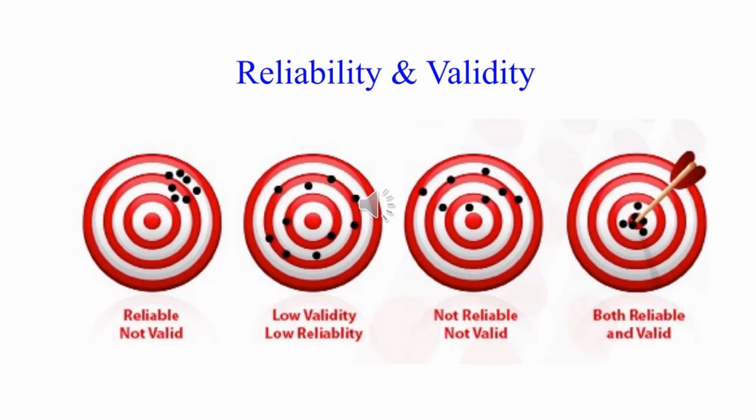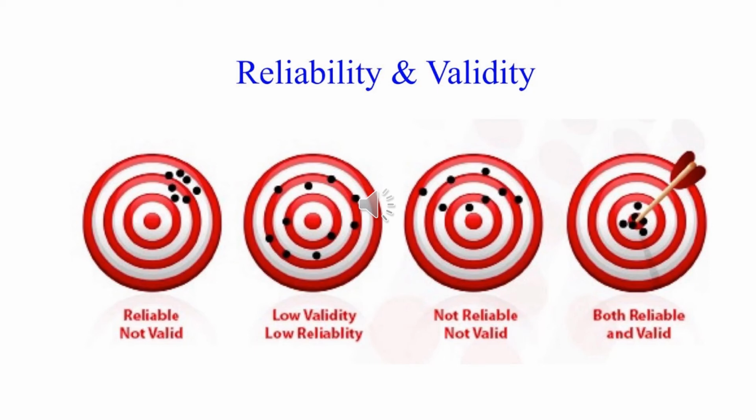Low reliability. Bakit low reliability siya? Kasi though nasa first, second, and third line sila, pero magkakalayo naman sila sa isa't isa. Medyo reliable siya kasi nasa first, second, third line. It could represent the difficulties, diba? Or degree, dami ng tamang sagot. Pero scattered yung mga question siguro na tama yung sagot nila. Kaya low reliability siya.